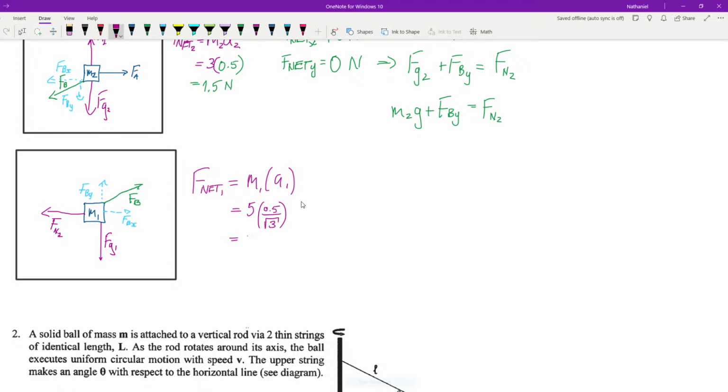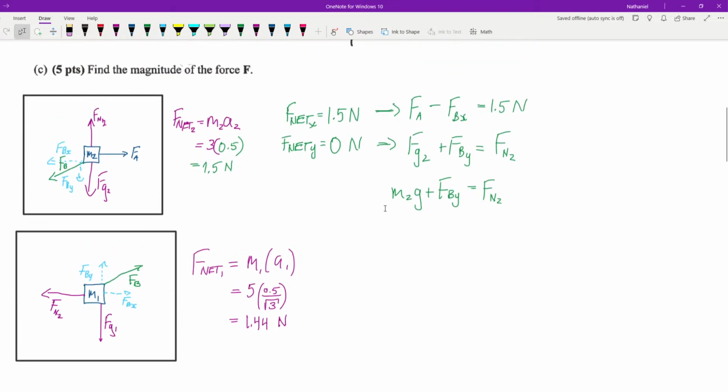1.44. Now, does that make sense? I'm comfortable with that. It's not crazy compared to the other FNet. Nothing wild happening, right? Okay. So we've got an FNet. Not bad. What is the FNet X, FNet Y scenario for